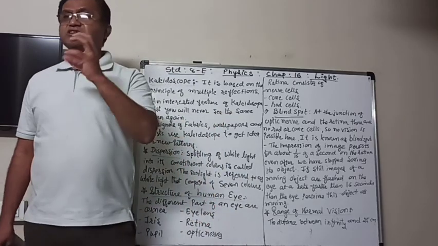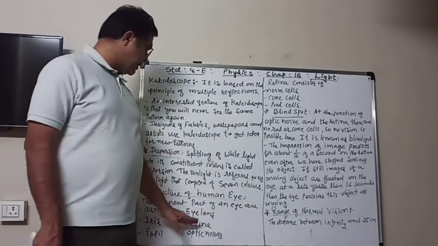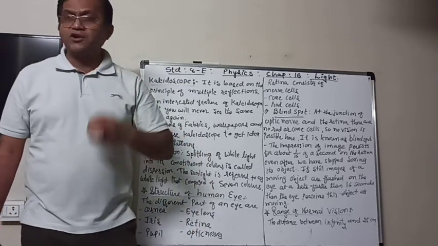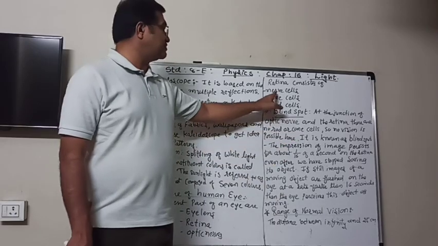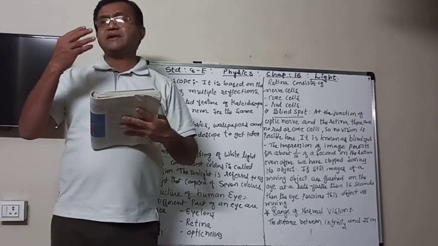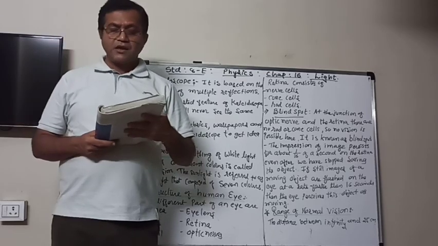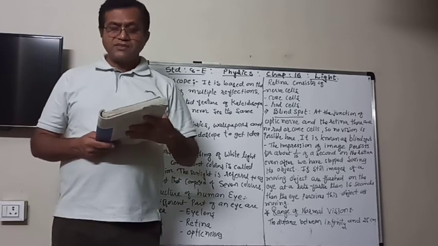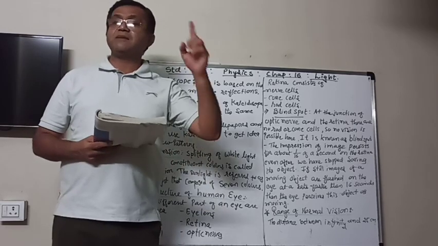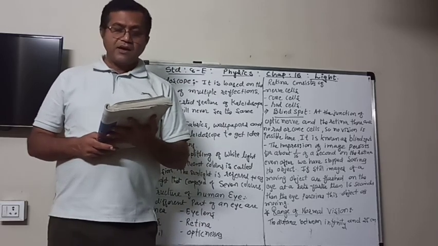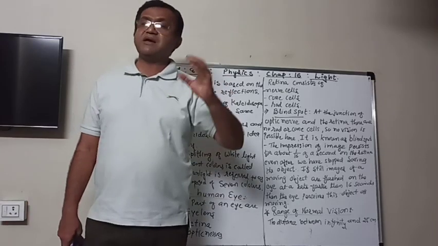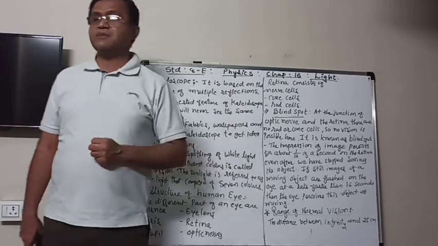At the end, the retina is connected by the optic nerves, and the optic nerves, as I told you, take those electric messages which are known as sensations. The sensations felt by the nerve cells are taken to the brain by the optic nerves, and the optic nerves take the messages, and then the brain interprets the image, and then we can see that image.